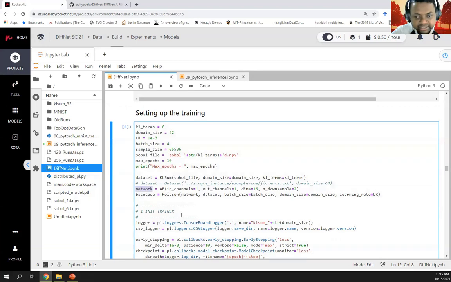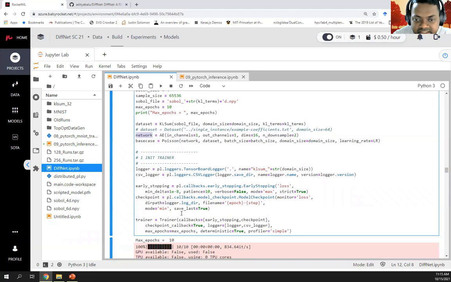Now we need to define some loggers and some training strategies which we will be using. The TensorBoard logger is going to create a TensorBoard logging file for me, and the CSV logger is going to store all the logs in a CSV. Early stopping is used to avoid some kind of overfitting, and you can provide early stopping criteria to be either some loss or some PDE loss or something, and then you define a patience value.